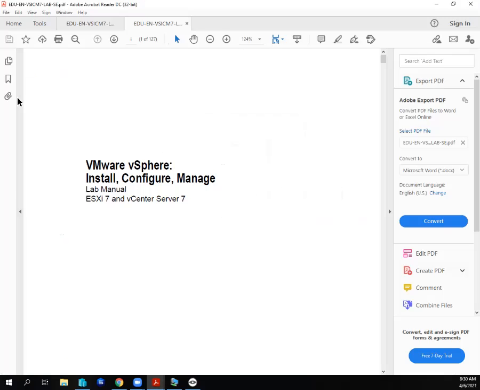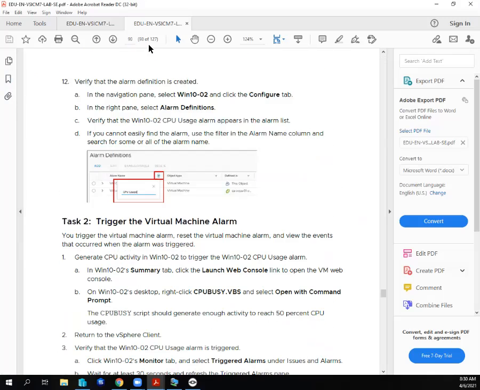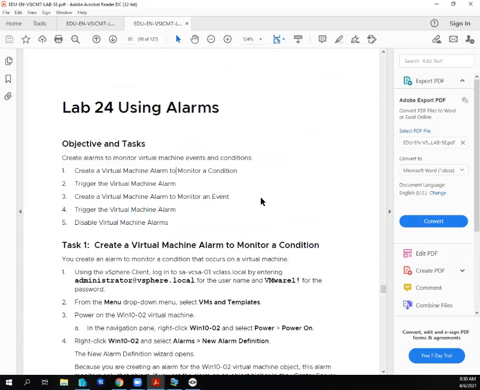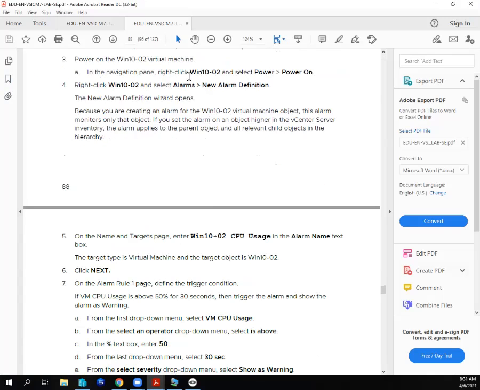Okay, so I'm going to check out lab 24, not lab 20. We're probably on page about 88. So using alarms, what do we do here? Log into our vCenter server. Looks like you're using one of your virtual machines, doesn't matter which one. Just make sure that you've got Affinity removed. That was one of the last steps in lab 23, that you disabled and deleted the entry for Affinity. So do that before you start them if you didn't clear Affinity out from the previous lab. So you have to start up the virtual machine,